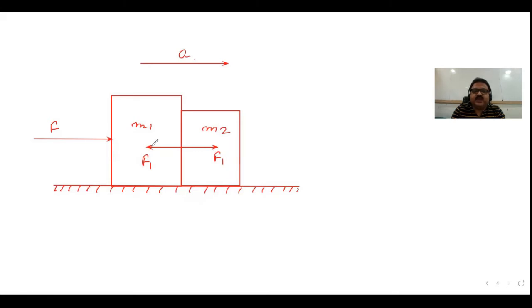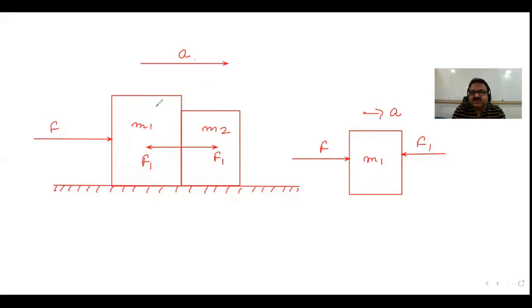So what you have to do, this is a trick called the free body diagram. For that, do one thing: separate the body from the rest of the system. Suppose I'm separating M1 from the rest of the system. First, take the concept clearly, and once your concept is clear, you can solve this sum within 2 minutes, correct? It is written as a 5 minute trick, but it is actually a 2 minute trick, correct? F is here, F1 is here, and the acceleration of the system is A along this direction. That means M1 is also moving along this direction, and this is M1.